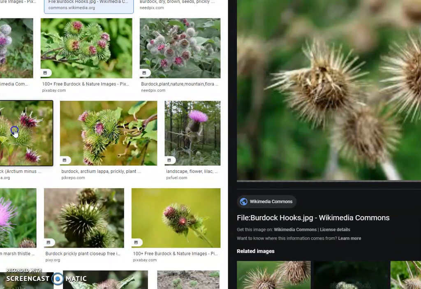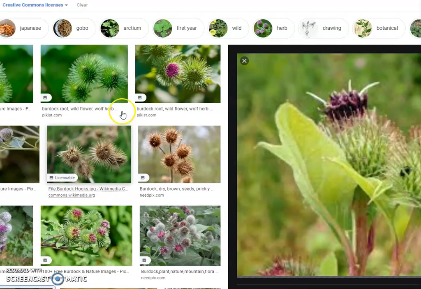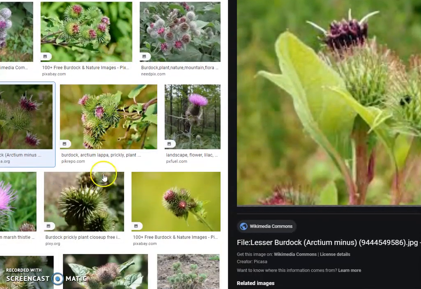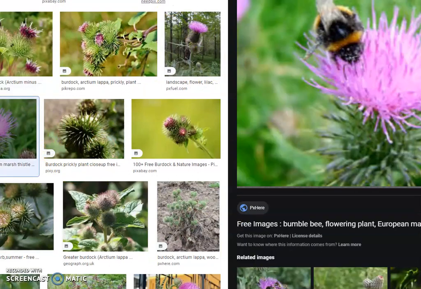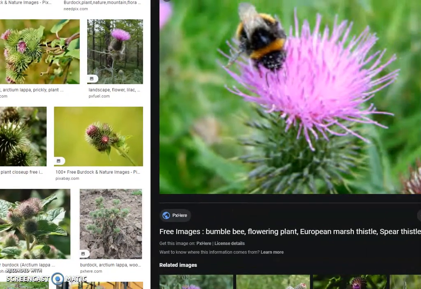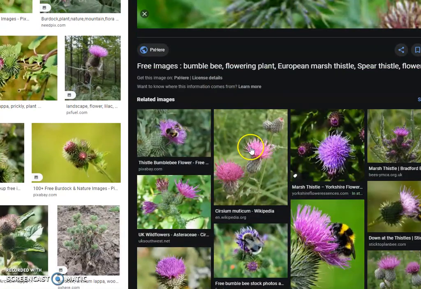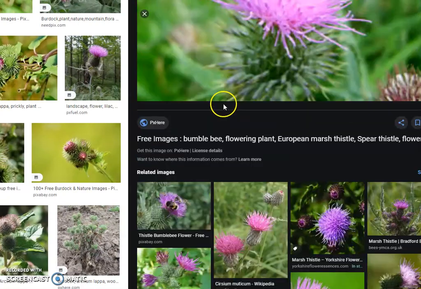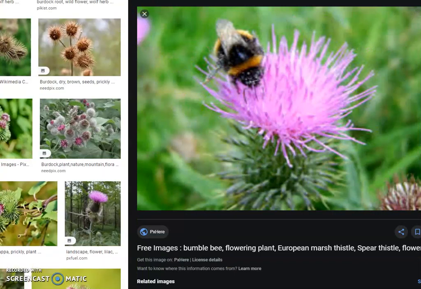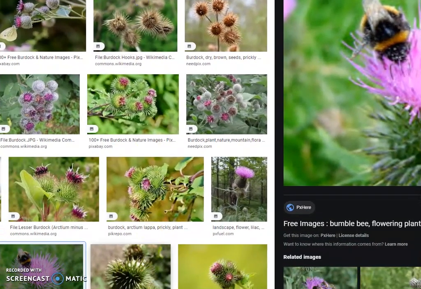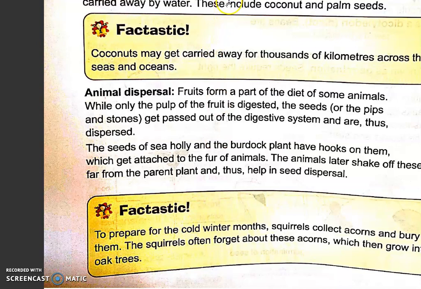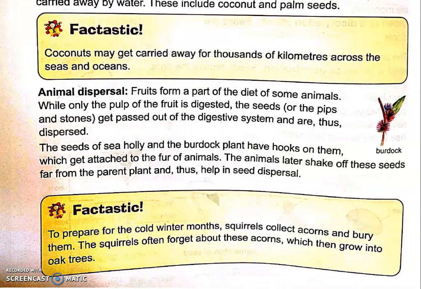So what happens is that whenever an animal comes near the burdock plant, it will get stuck in it. Let me show you this plant. See, this bee is sitting on this burdock plant. So things will get stuck on this bee. So whenever this bee will go to some new place, it will shake off its body, and this is how seed dispersal will happen. So this is also one of the ways how animals disperse the seeds.